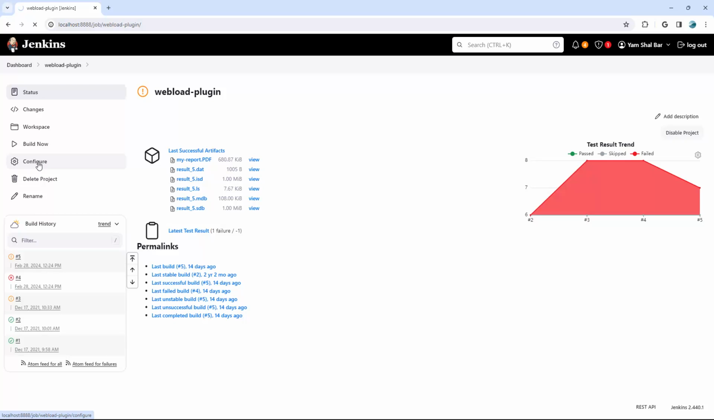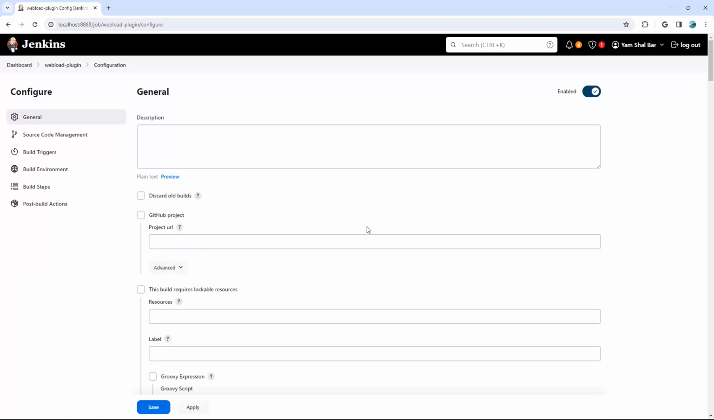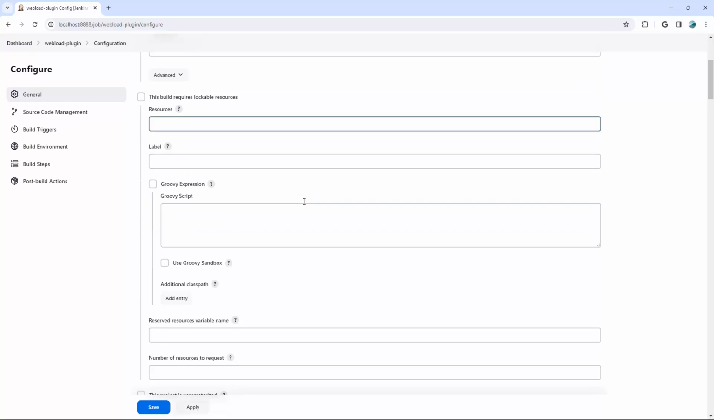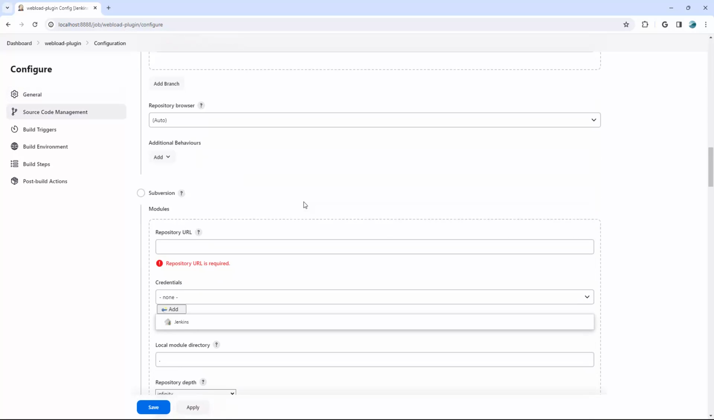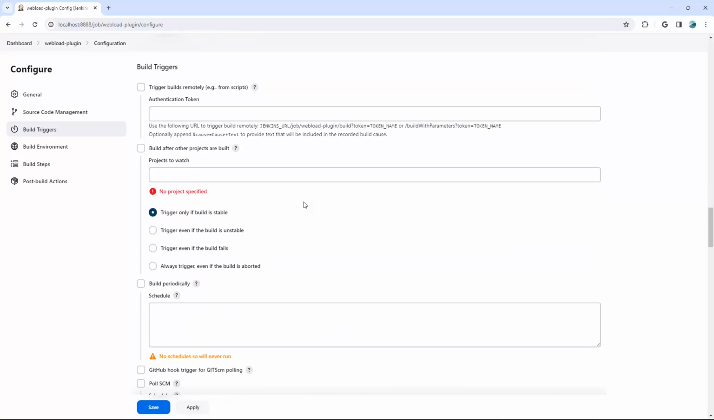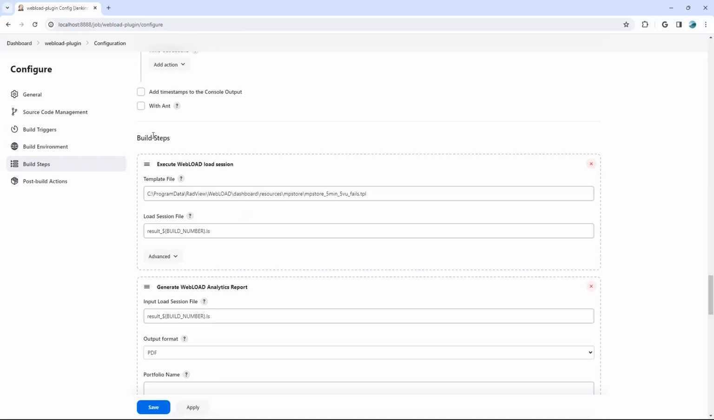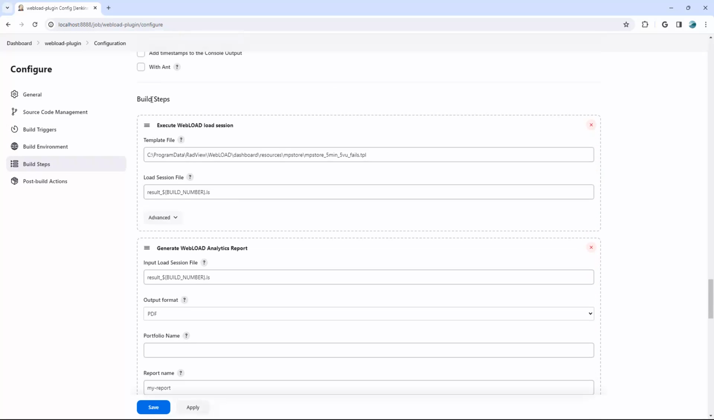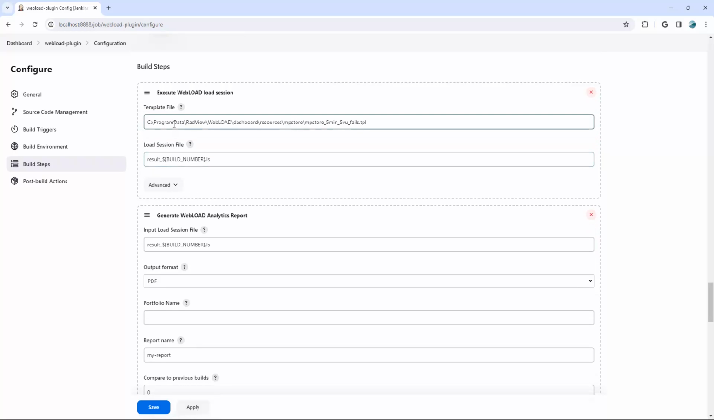You can set it, instead of a timed schedule, to run every time, for example, the environment is deployed or something like that. You can say that this would trigger it, so it has more powerful controls around it. But the WebLOAD side of it is that you can add a build step. If you install the WebLOAD plugin, you can have a build step, and here you can say, all right, execute this template, whenever the triggers are going to be based on whatever